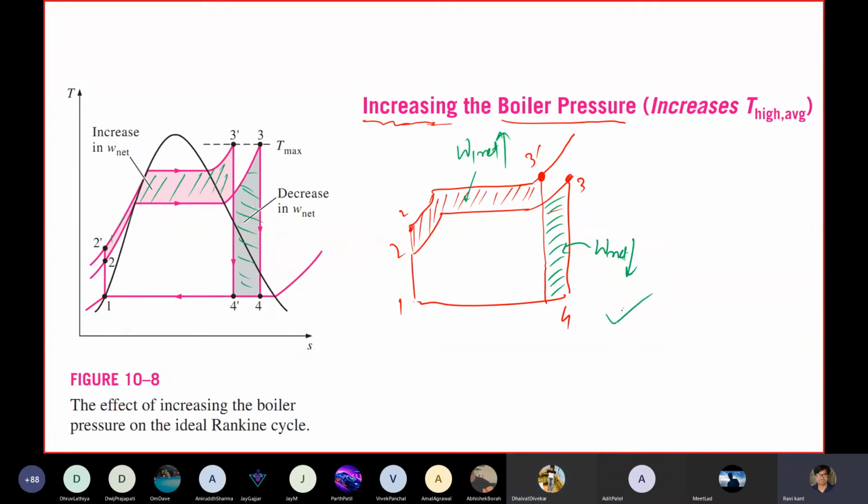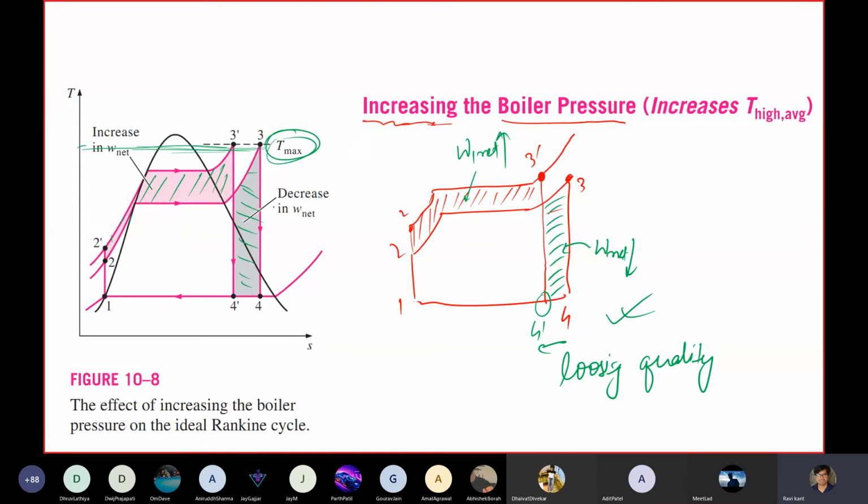Okay, good one. Yes, so these 3 modifications we can do, but here also this T max is limited for certain turbines, and also by doing that we are again losing the quality of steam. We are shifting to the left side, so losing quality of steam, right?